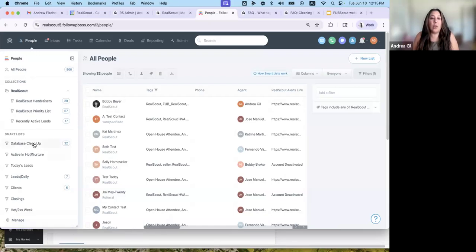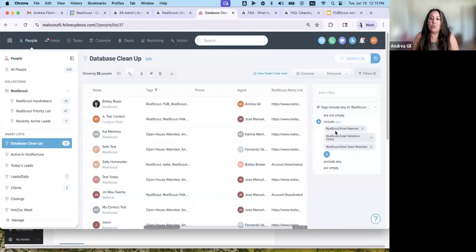What I did was create a quick smart list within Follow-Up Boss on the people's tab. You guys as managers, as leaders, have access to everyone's leads in FUB. So you can go to create a smart list, again, with these 3 tags, and that will tell you how many people are on this list. You may want to do an additional check just to make sure. Let's say we say with our new custom fields,